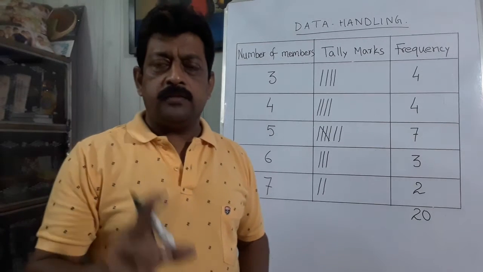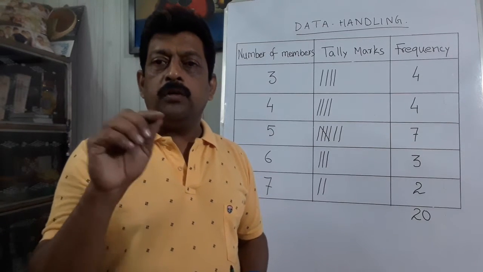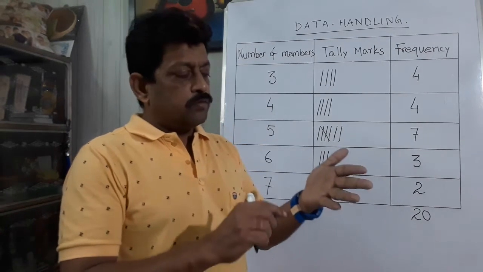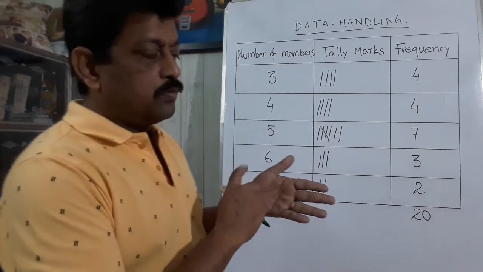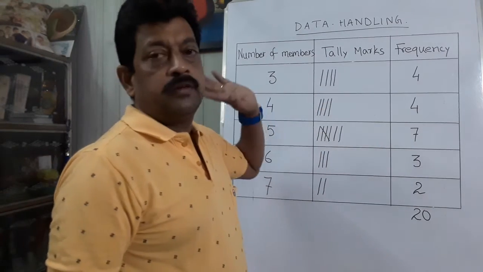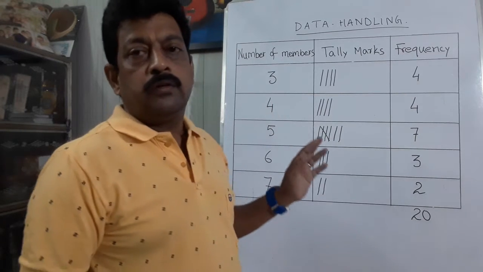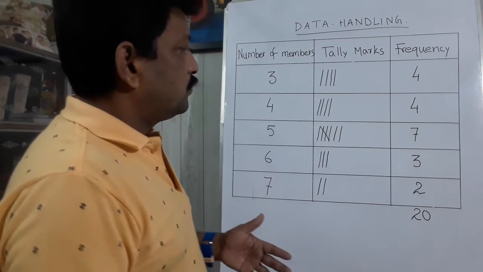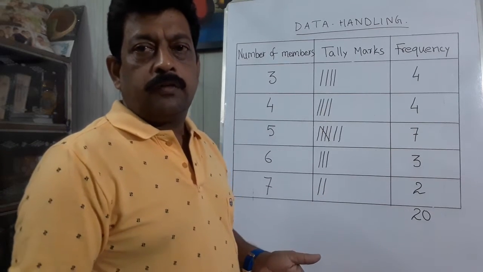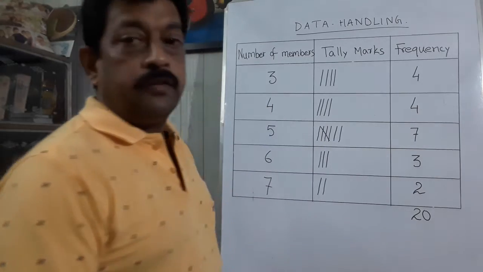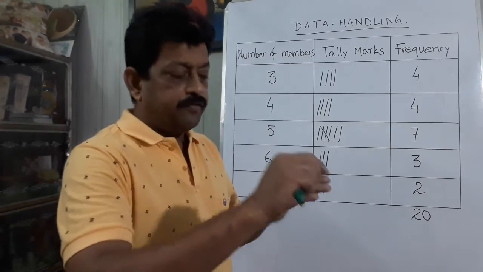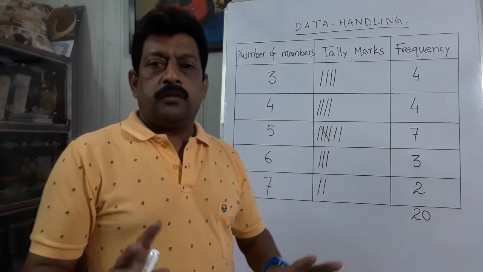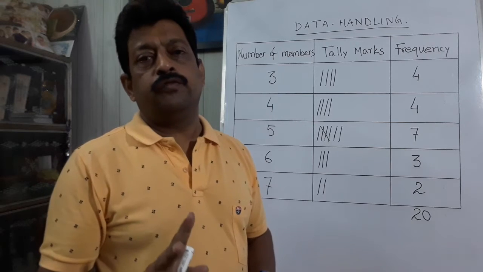And one advice, that instead of counting the observation and putting it here directly, suppose you start counting how many 3 are there. So 1, 2, 3, 4, 4 times you have counted and written 4. Then you went for counting 4. How many families have 4 members? There also you will count, there are 4 families. So put 4. Then for 5 you have to count again. How many 5 are there? You will find 7. Now this is not wrong, but my advice is that don't go for this method,